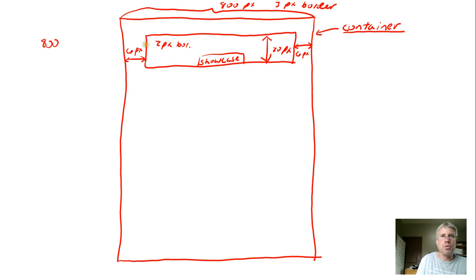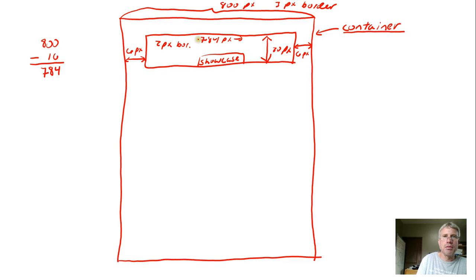And then I'm going to have 2 pixel border on the showcase division. So I need to subtract from the 800 pixels I have to play with. I'm going to need to subtract 6 plus 6 plus 2 plus 2, or 16. I'm going to need to subtract 16 pixels. So I'm going to make this guy 784 pixels